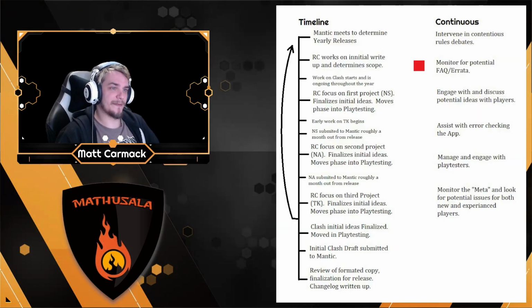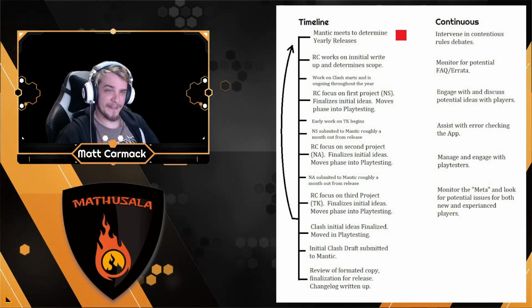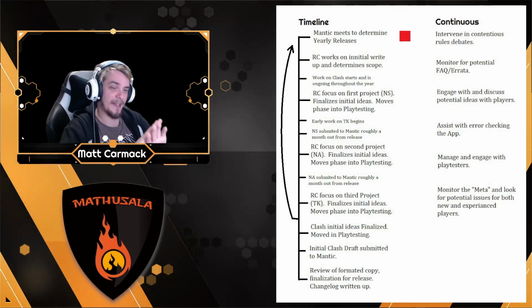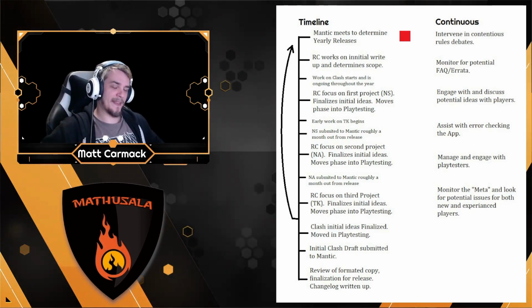I wanted to show a brief overview of the development cycle. In hindsight, I want to relabel this a development cycle, not a timeline, personally. But looking at what I had written down, the first thing that happens, not every year, because that's bad terminology, which is why I don't have dates listed here, at the start of the cycle,